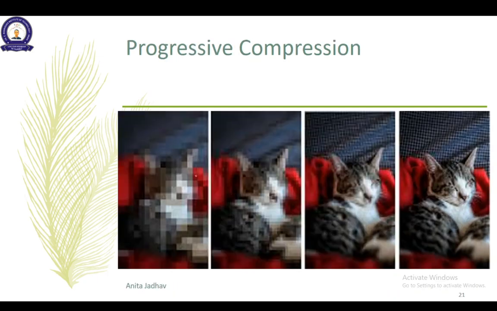Then you have progressive compression. I think most of our WhatsApp images go for this, because it gives you a blocky structure. If you see here, you can see many blocks, because the compression has happened with 8 by 8 blocks, so you can easily make out here. One thing is there, suppose if I know that this is a cat, I can make out by this level. I can stop the compression there, that I don't want to see more. So that is your progressive compression.